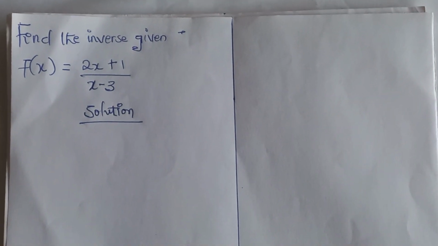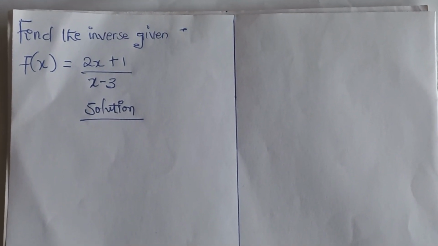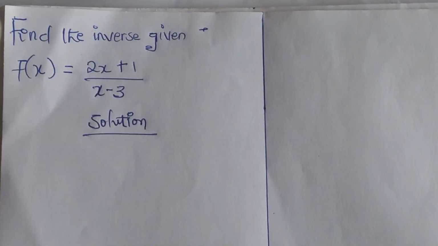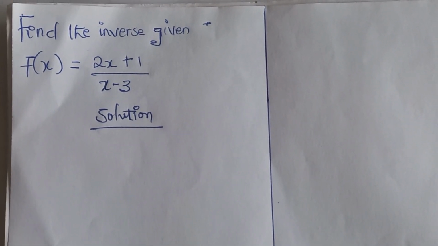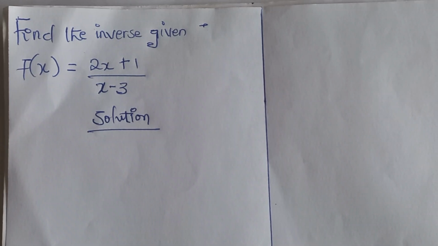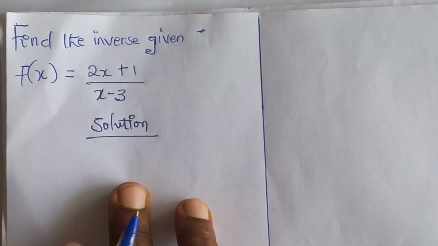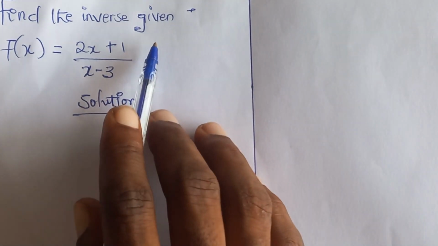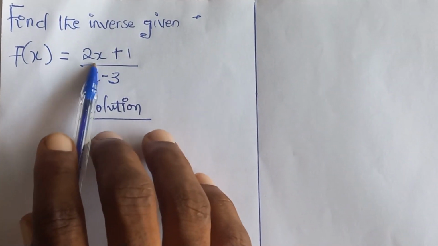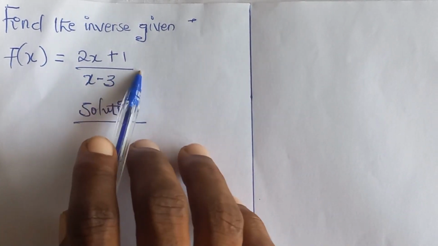Welcome to Electrical Preps. Today we are going to calculate the inverse of a given function. I'm going to teach you how to solve for the inverse of a given function, and we are going to use this problem to learn how to do that. We have to find the inverse given f of x is equal to 2x plus 1 on x minus